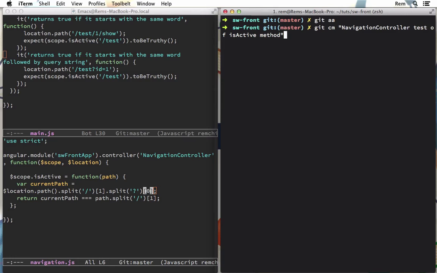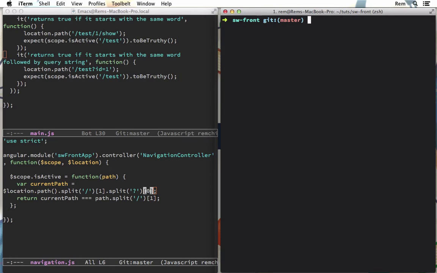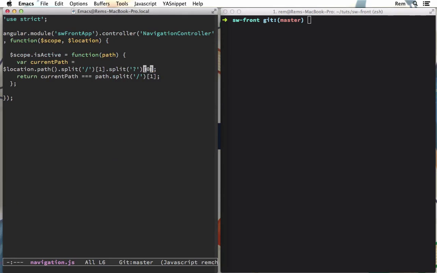So, navigation controller test of isActive method. Now let's use Protractor to make end-to-end tests to make sure that links in the menu really get this active class. First, we need to install Protractor. So let's open package.json